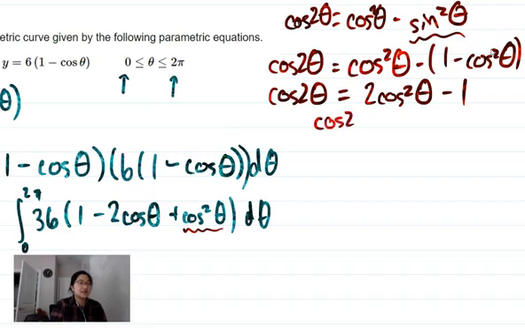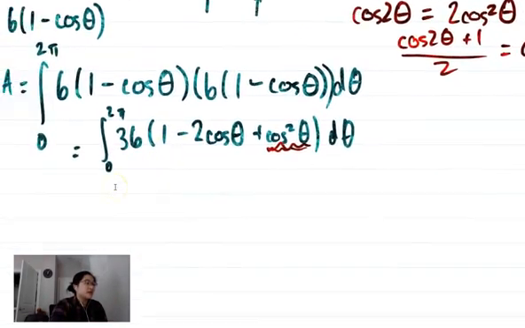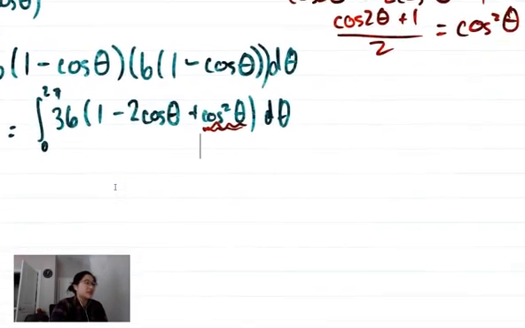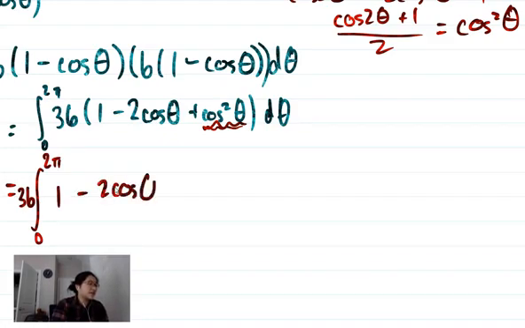Yeah, if we have cosine 2 theta plus 1, or cosine squared by itself, divided by 2, that equals cosine squared theta. And that's what we have right there, so we can substitute that. Because that gives us a lovely power reduction, and then we don't have to deal with power of cosine, which is nice. We'll just pull the 36 out. So then we have 1 minus 2 cosine theta plus cosine 2 theta plus 1 all over 2